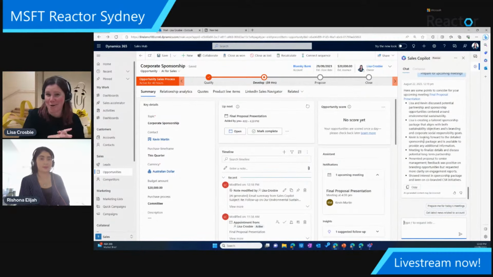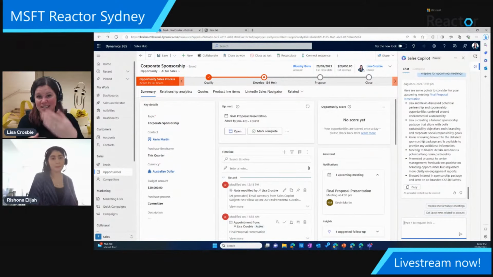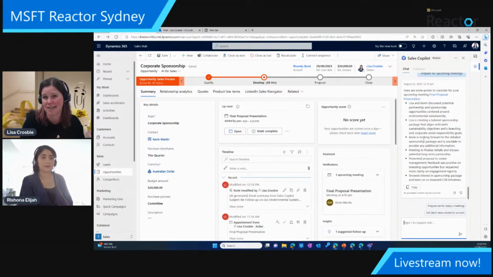It's probably enough on the Sales Copilot. This is the one that's kind of been around for the longest and is the most established, but it's really helping you with bringing your CRM data into Outlook, as well as summarizing opportunities and preparing you for meetings. You can also do things like summarize accounts and so on in there as well.